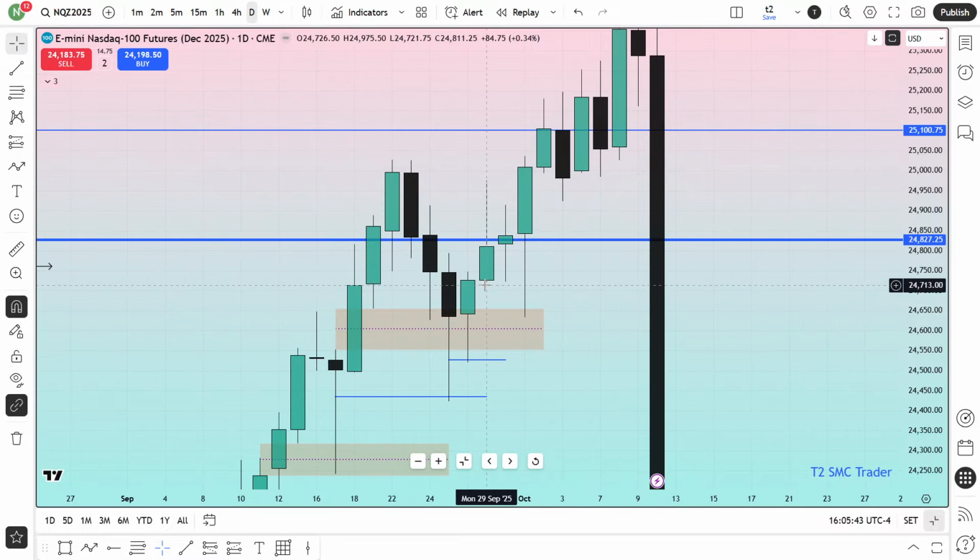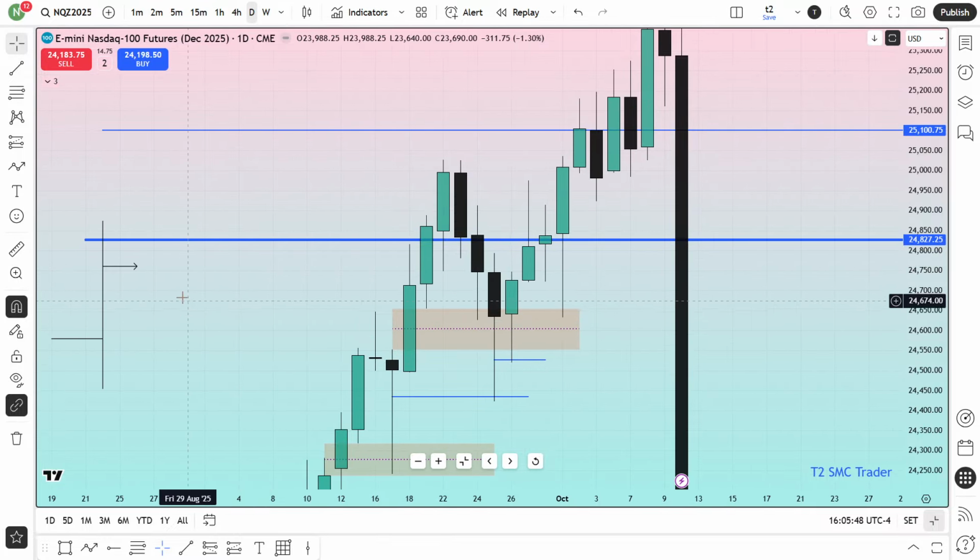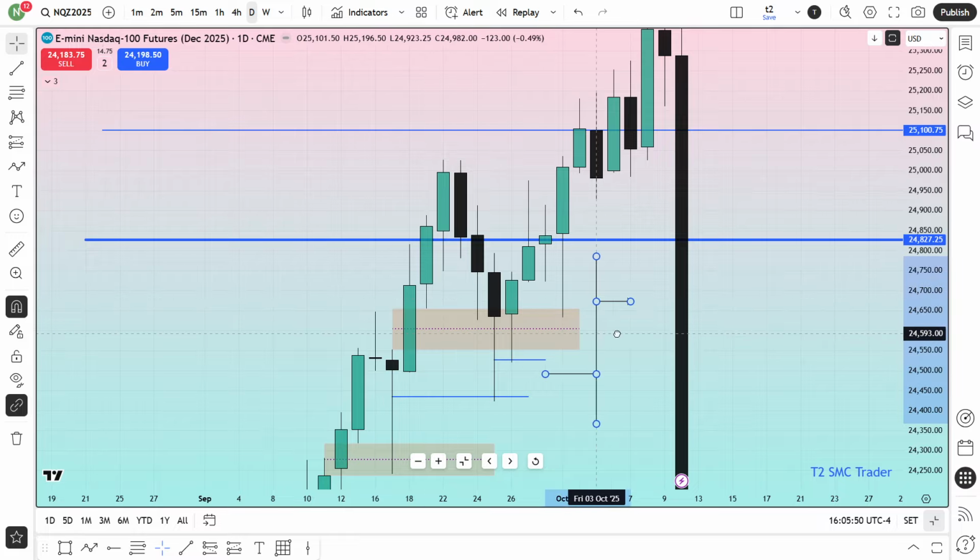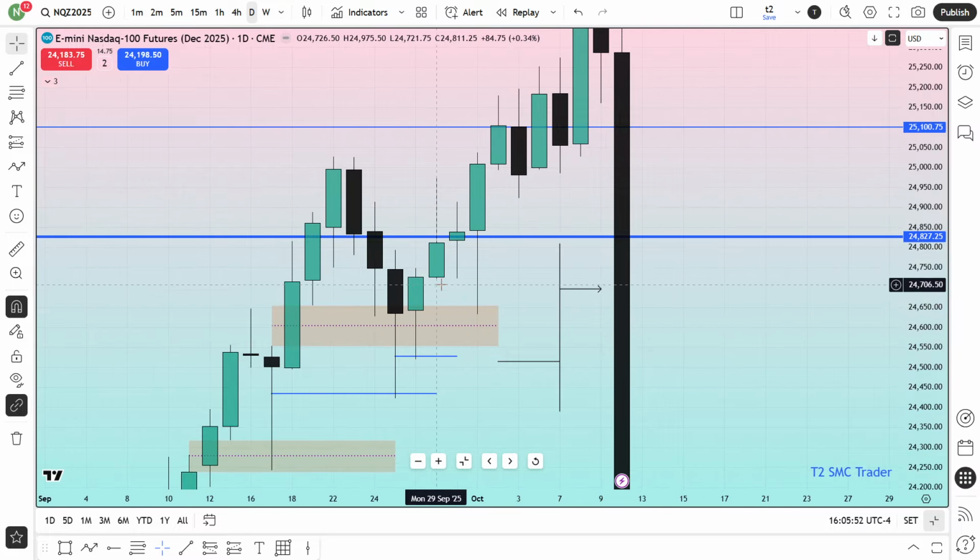Next day, what happened? The same scenario that you see here. No manipulation. Remember this manipulation thing, the ICT PO3. This candle opened, went higher, closed here. So all of the things I have found from that candle, but this manipulation is missing from that candle. So the very next day, first, what this market has done is it came here, made the relatively equal lows from the lower time frame and closed above this minus